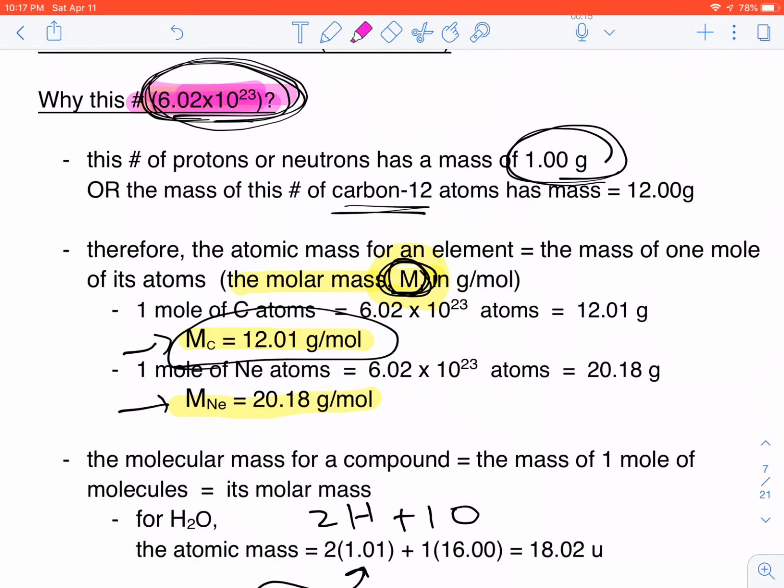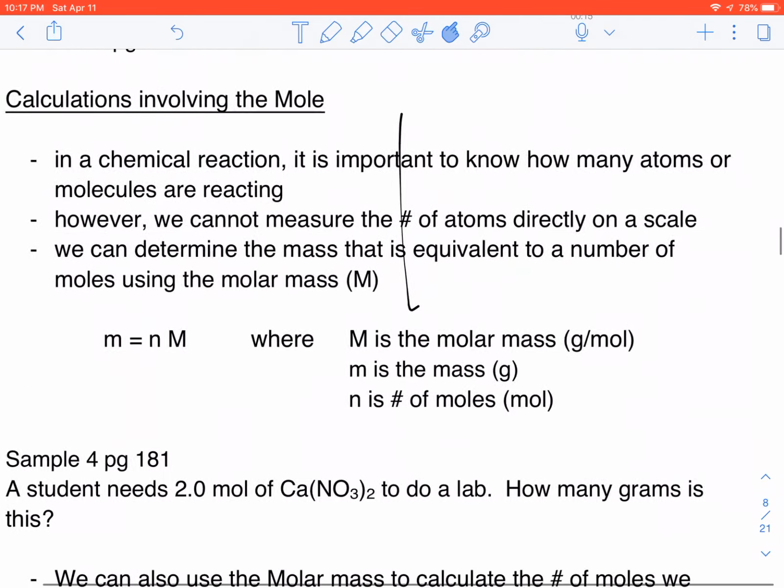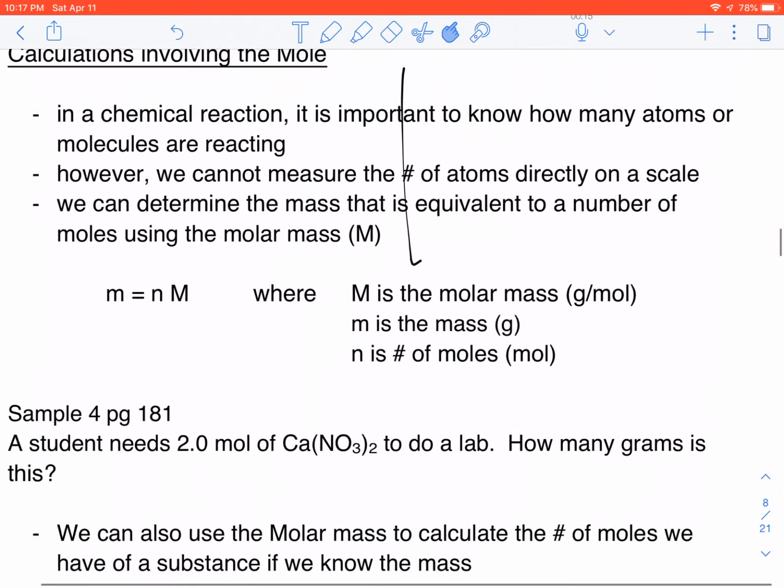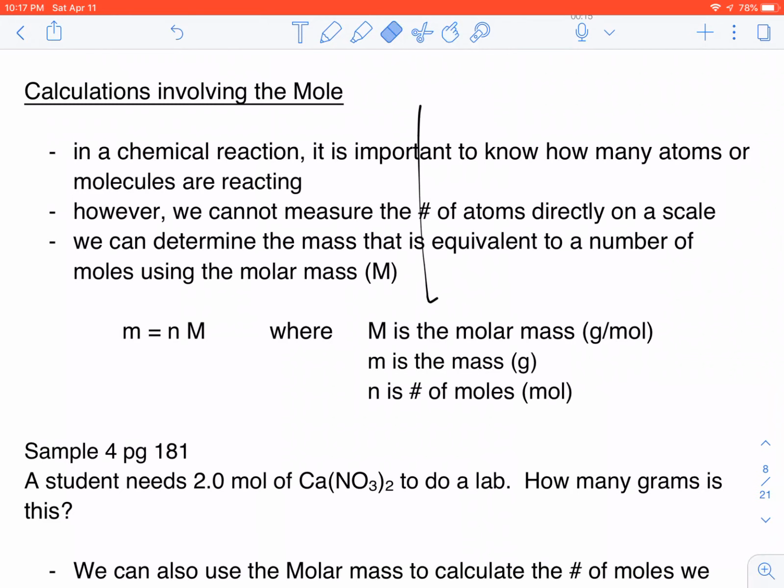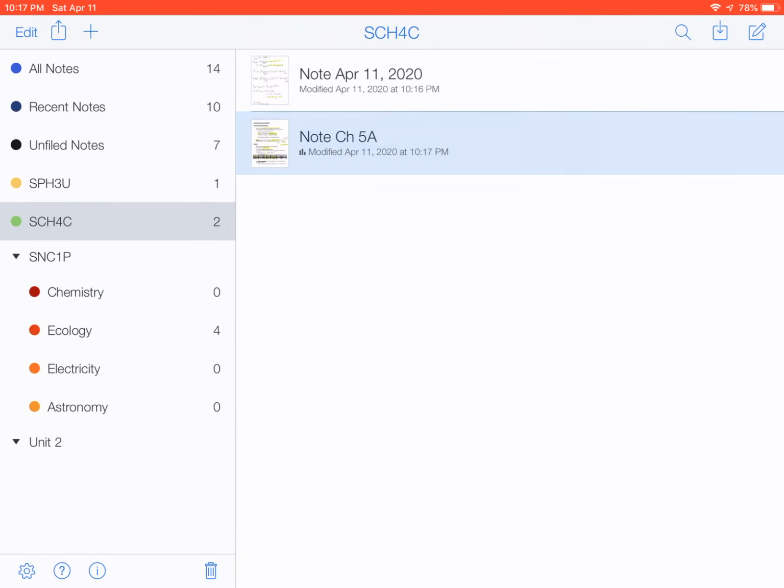Okay, so today what I want to do is move beyond where we were, and look at how to do calculations using this molar mass. Now, what I know is in a chemical reaction, in a lot of cases we've balanced our equation, so we know how many atoms of each there are. We also know how many moles there are. We talked about this the other day in class, where we said if I've got a reaction that says